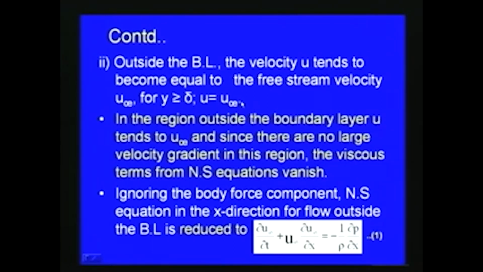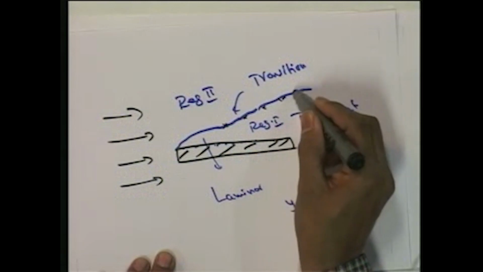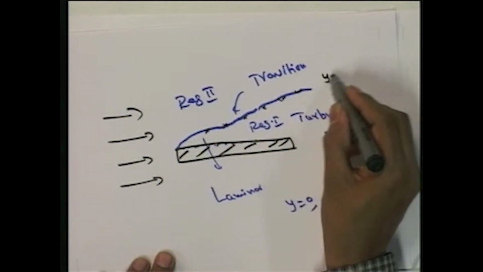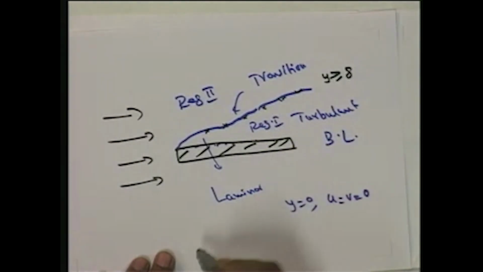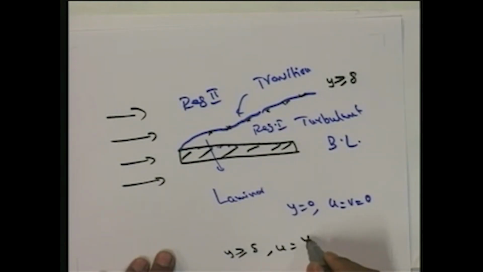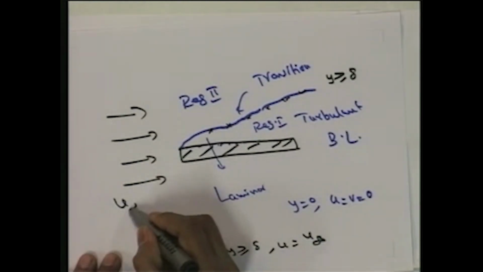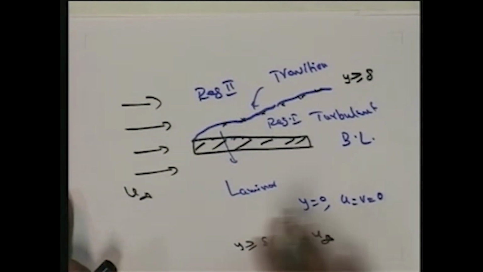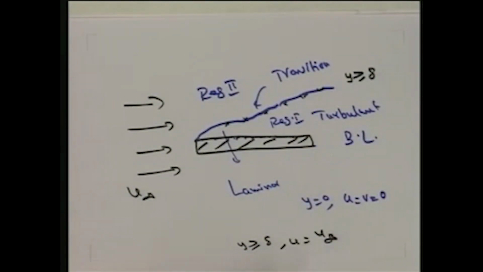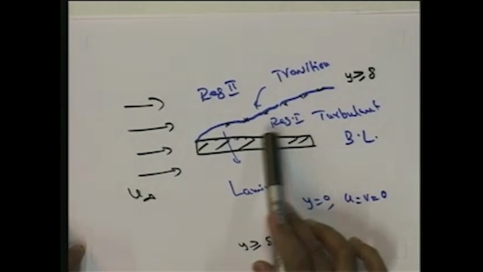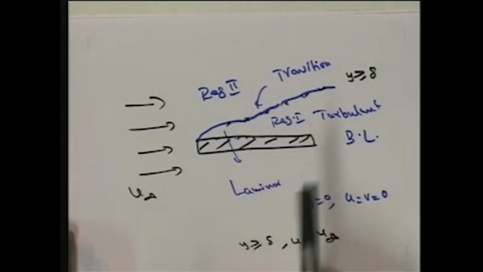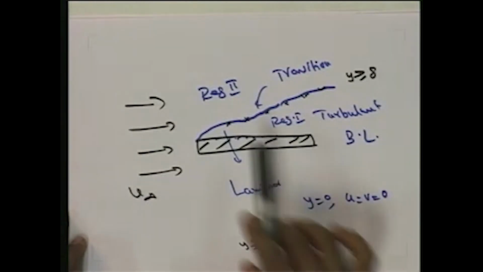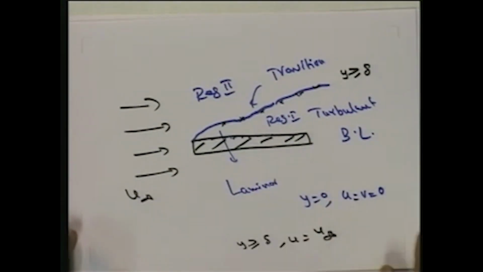So when we consider this boundary layer, at this location, for y greater than or equal to delta, Prandtl proposed u is equal to u infinity, which is the free stream velocity. So like this he divided the flow into two regions, region 1 and region 2, and put forward the boundary conditions. In the region where the boundary layer formation takes place, he used the Navier-Stokes equation, and beyond this potential flow theory can be applied,